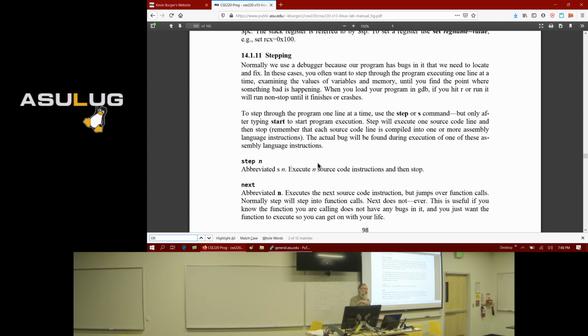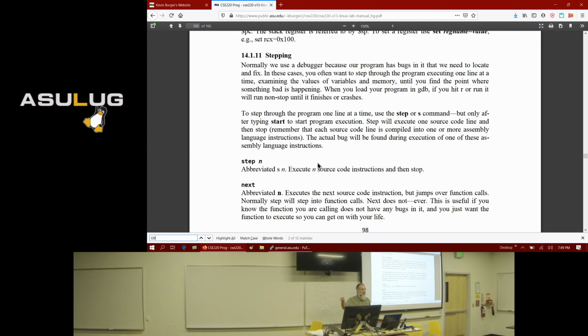When you hit the function call and you hit step, it'll transfer control to the function, and it will stop on the first line. And then when you hit step, it'll execute that first line. Now sometimes you don't want to execute a function. Like, let's suppose I've got a function call to a function which I've already debugged and I know there's no problems there. So I don't want to step into that function because that's just going to kill time.